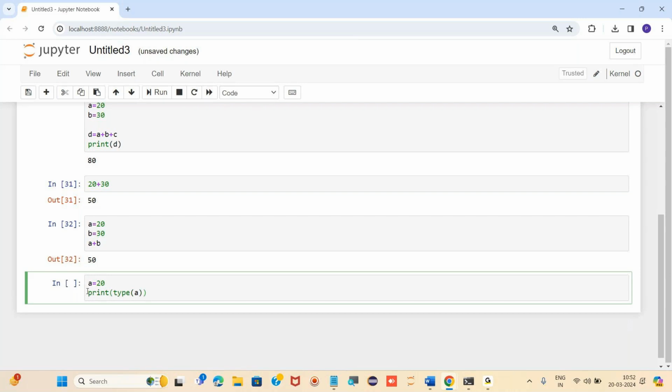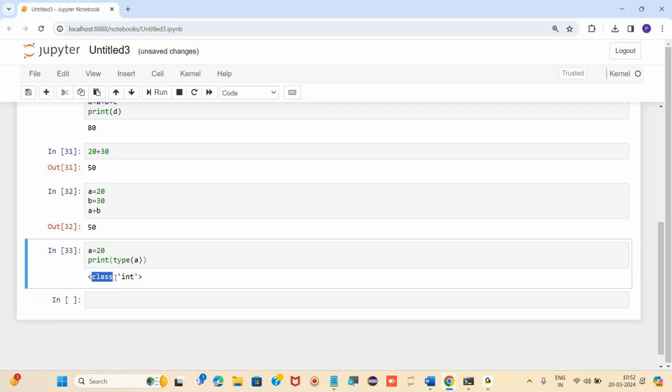If you execute this, it will show class of integer. This a is an object which is storing the class of integer type of data. So the class is nothing but integer here. What kind of class it is storing? Integer class it is storing.